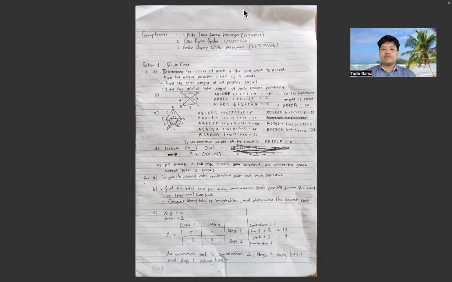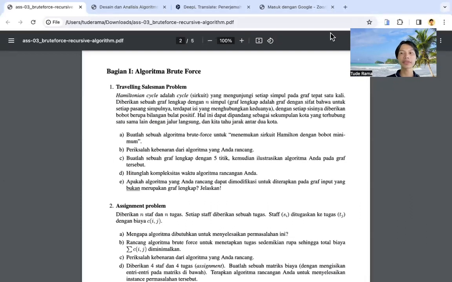Okay, question number one is Hamilton's cycle. Part A asks to make a brute force algorithm to find the Hamilton circuit with a minimum weight.